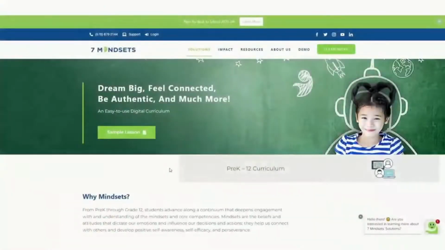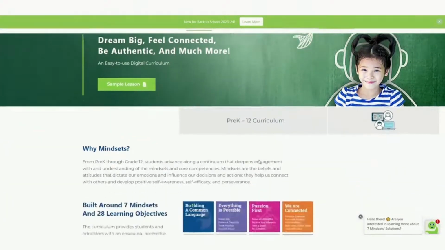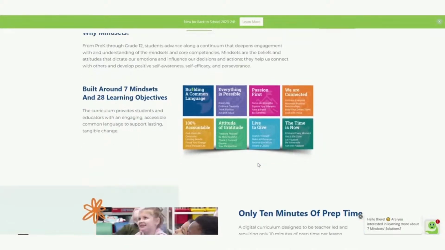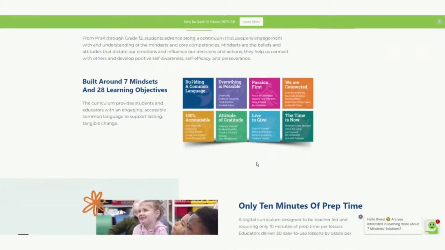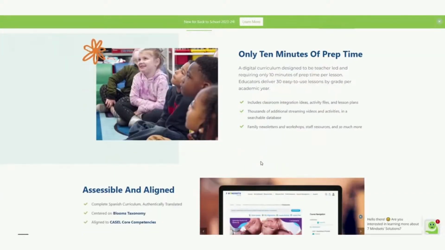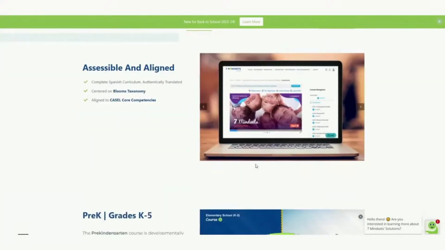To address social emotional learning, I want to introduce you to the 7 Mindsets website. They have a digital SEL curriculum available here. They also have some paid versions, but I think it's worthwhile to go to the 7mindsets.com digital SEL curriculum page, and what you'll see is that there is a framework around the 7 mindsets and 28 learning objectives around SEL learning. And they're saying here that there's only 10 minutes of time with these resources,